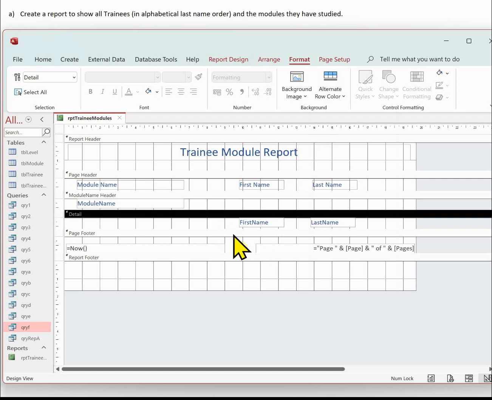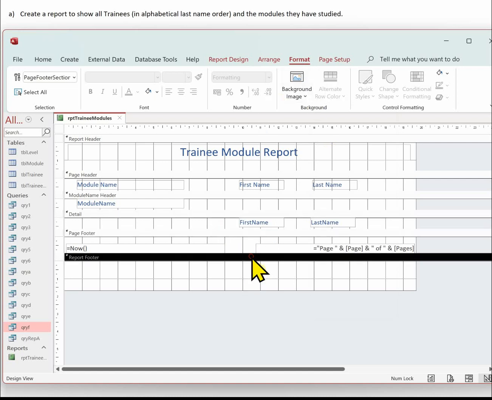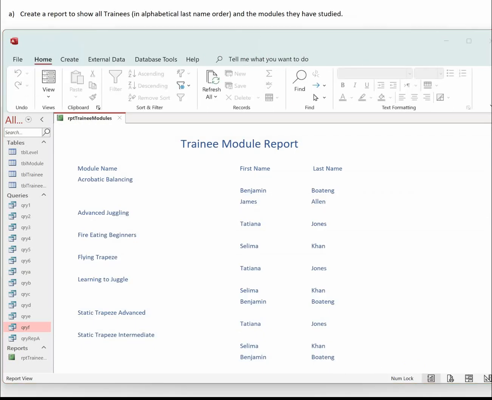I don't think there is in the page footer, no. And probably not in the report. No. Okay, let's just save that and have a look at what we've got. Just to finish this report, I'm just going to put a line on just to break things up a little